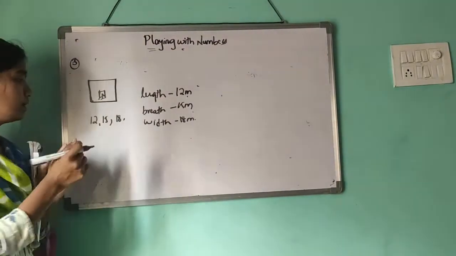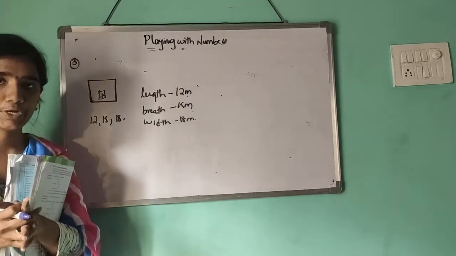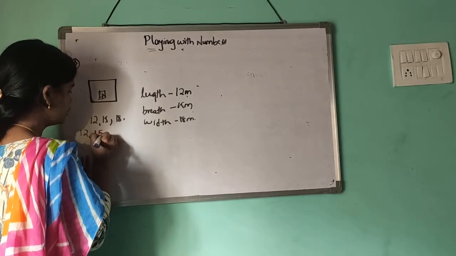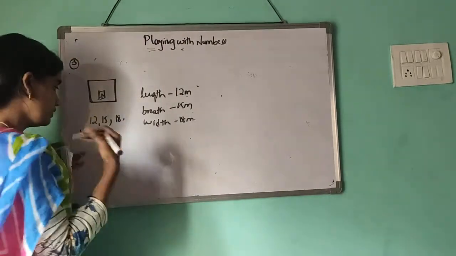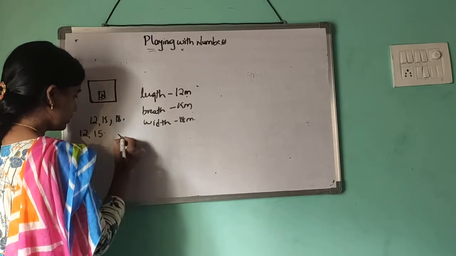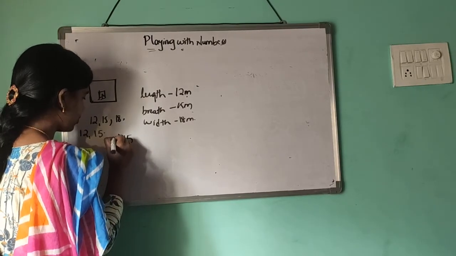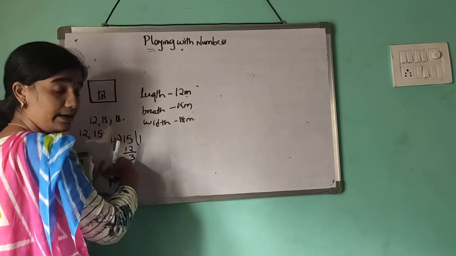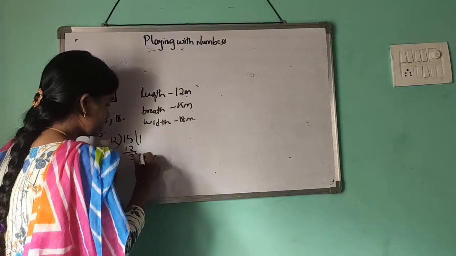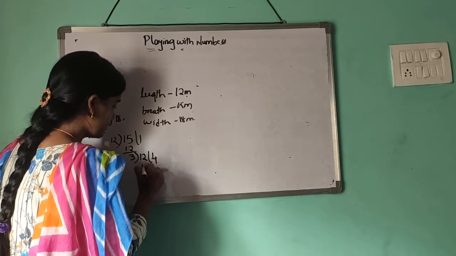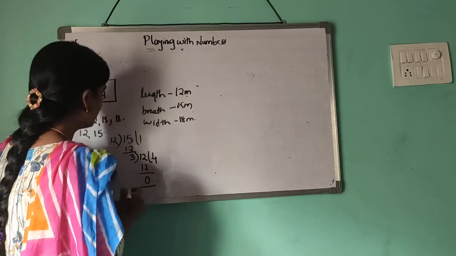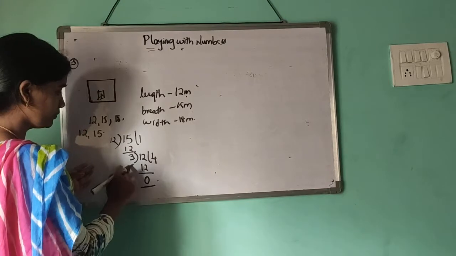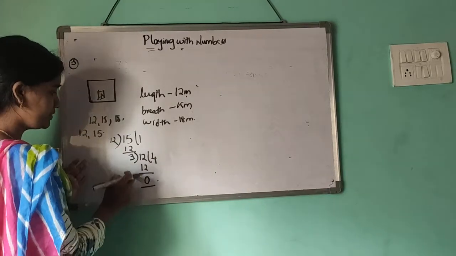You already know that among these three numbers, you have to take any two numbers in the division method. First you have to solve the two numbers. I am taking 12 and 15. The highest number is divisible by the smallest number. 1 12 is 12, remainder 3. The remainder is divisible by the divisor. 3 4s are 12, until you get 0. Until you get 0, the division is processed. We get the 0, so the HCF of 12 and 15 is 3.